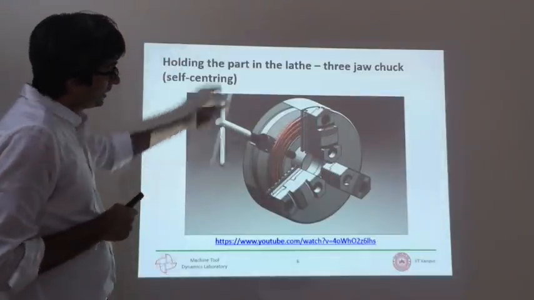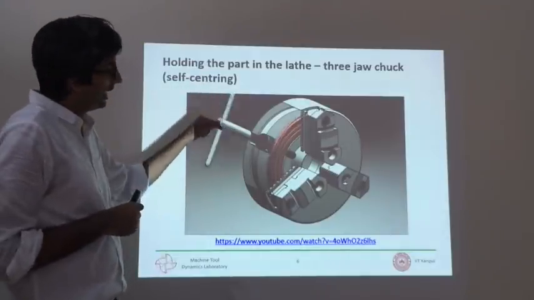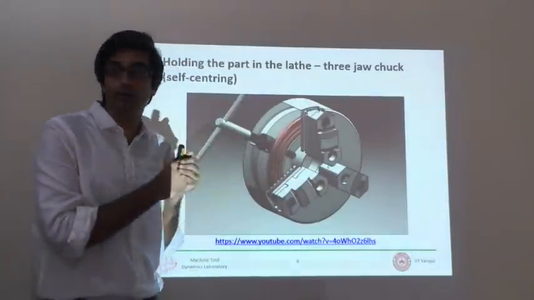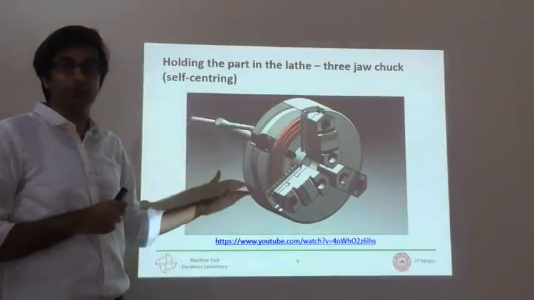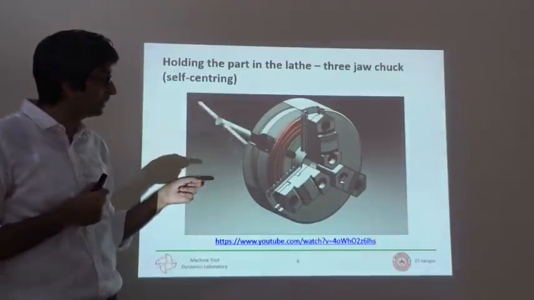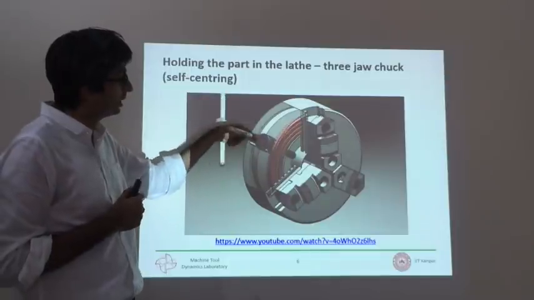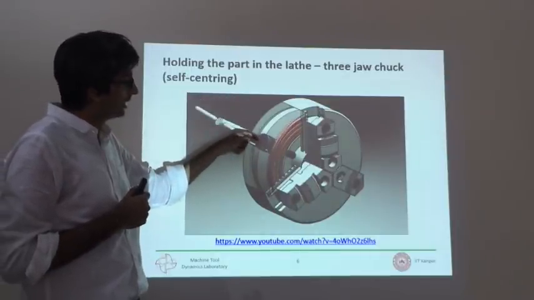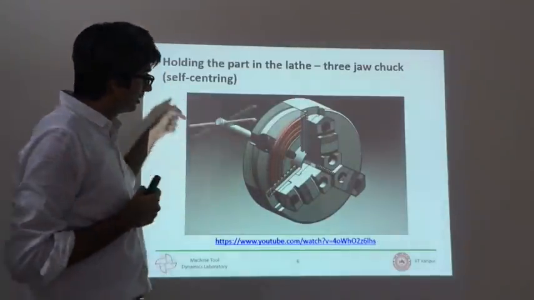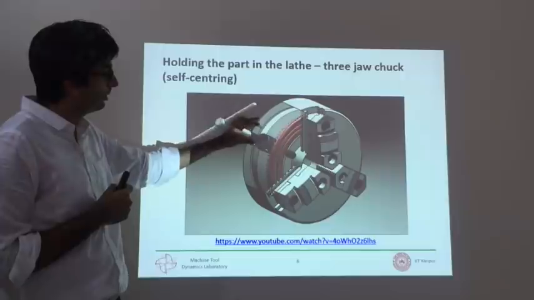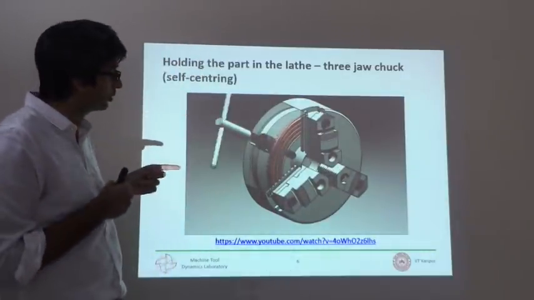So this is essentially the 3-jaw chuck. This is a key which you can see is being rotated, and these jaws are translating in and out. So again, rotation to translation, another mechanism. This is a little different, but if you see closely, this is the bevel gear. The key is rotating a bevel gear, and the bevel gear is then indexing that motion 90 degrees, because that's what bevel gears do. This is the axis of rotation for this small bevel gear, but the axis of that big bevel gear is different. It's 90 degrees, it's orthogonal.